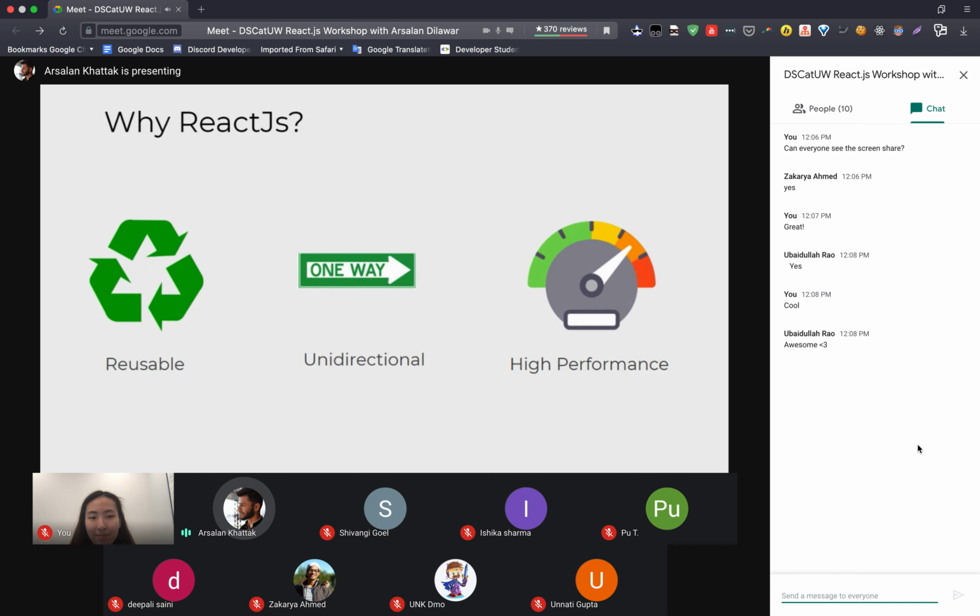I will not talk about exactly how it does that, but you can search on Google for what the virtual DOM is and how React changes the DOM content. So you will get an idea of how it works.